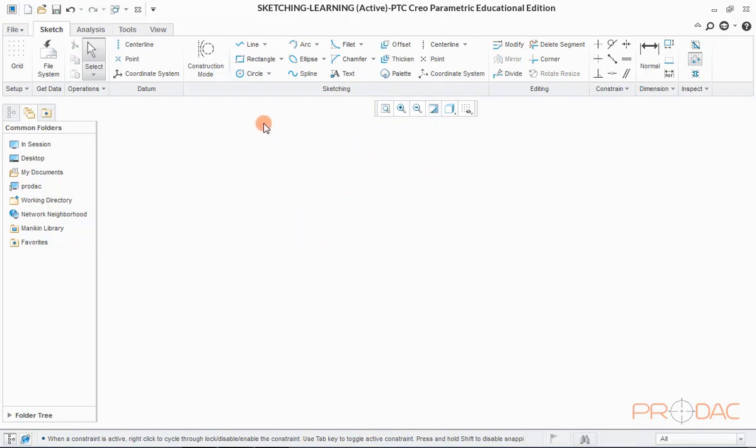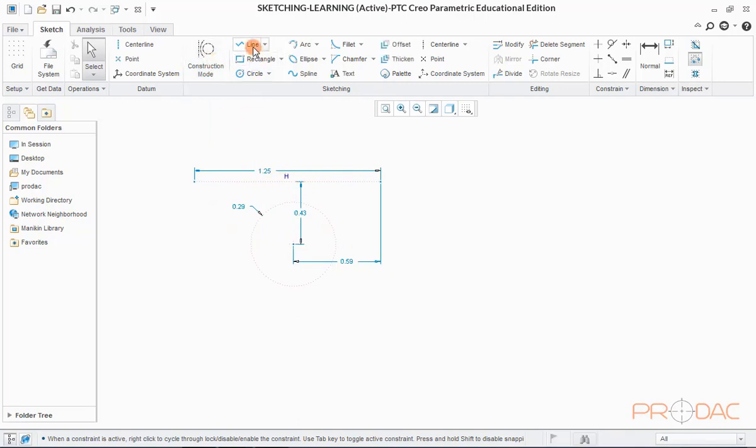Now, we'll move on to sketching entities under the sketching group. First, toggle on the construction mode by clicking on the button labeled construction mode. Now, create a horizontal line by clicking on the line button. Please note that if a line is horizontal or vertical, the letter H or V automatically appears along with the respective line. Now, click on the circle button to draw a circle. Press the center mouse button to exit from sketch mode. Now all the dimensions will appear in the sketch. Click once again on the construction mode button to exit from it.